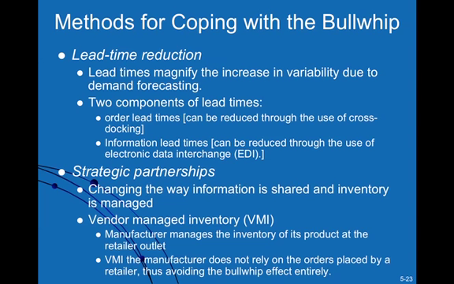So in other words, if the manufacturer is managing the inventory, so if you think about vendor managed inventory as an example, if the manufacturer is actually managing the inventory at the retailer, then there's very little information lead time, because the manufacturer has direct information on what is selling, and in so doing you sort of eliminate the wholesaler and the distributor, and as a result you could pretty much get rid of most of the effect of the bullwhip, that demand variability. So in a sense you could practically eliminate the bullwhip effect if you do vendor managed inventory. Okay.